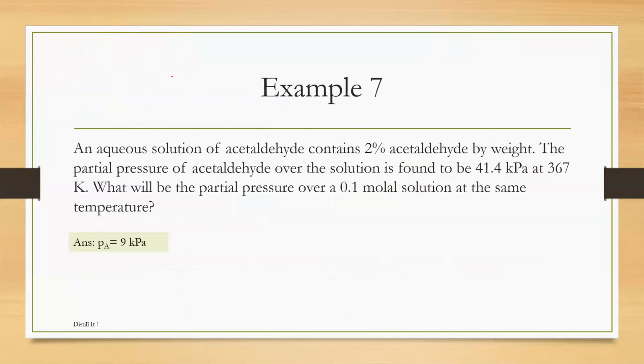So let's do this problem. An aqueous solution of acetaldehyde contains 2% acetaldehyde by weight. The partial pressure of acetaldehyde over the solution is found to be 41.4 kilopascal. Now you can see it is 2% by weight. So first of all, we need to convert it to by mole. When we do that,